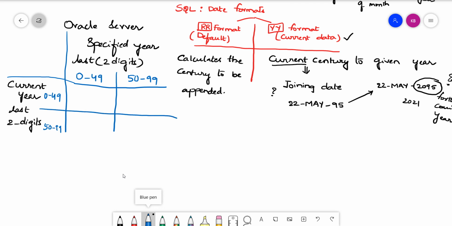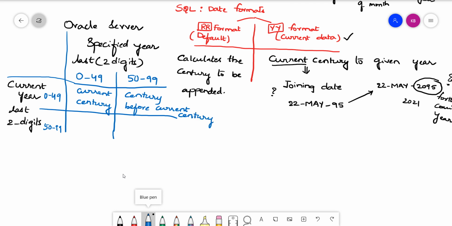So if we are providing the current year, the last two digits in 0 to 49, and also the specified year in 0 to 49, it will add the current century. If not the case, it will add the century before the current century.